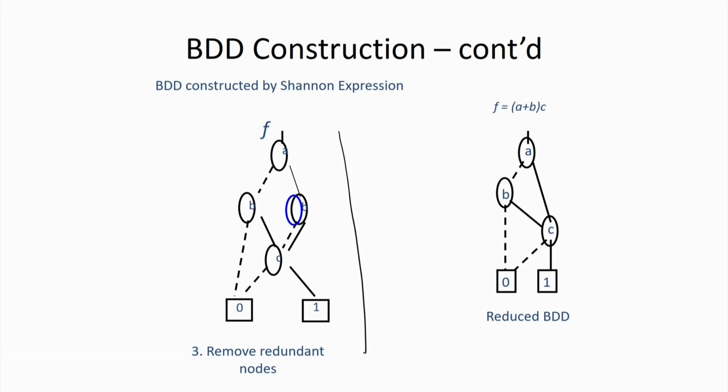Here we will find that this node B is a redundant node, because for both B equal to 0 and 1, I have to look for the evaluation of variable C. So, B can be removed. After removal of this redundant node, I am going to get this particular structure. Now, just see, whether you are using BDT or Shannon expansion, we are going to get the same reduced BDD. Are the reduced BDDs always having the same structure?